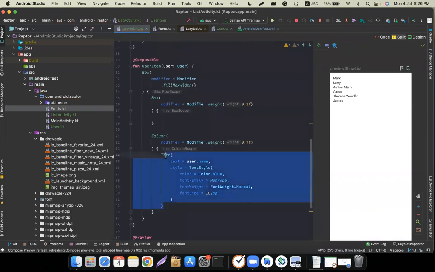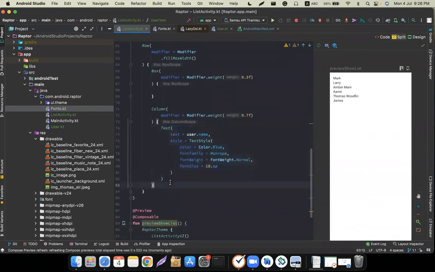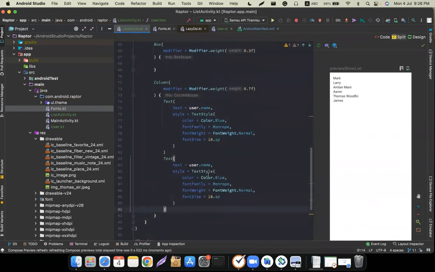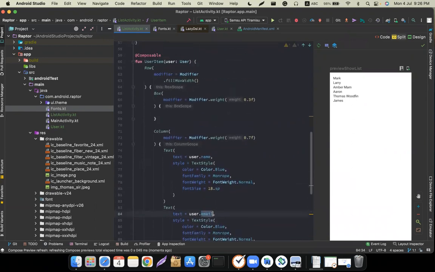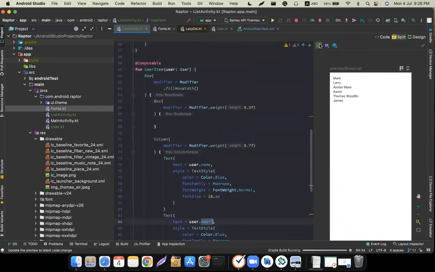Okay, I'm copying and creating another text which will contain the email. So email will be 14 sp and font normal. Now if I reload this,